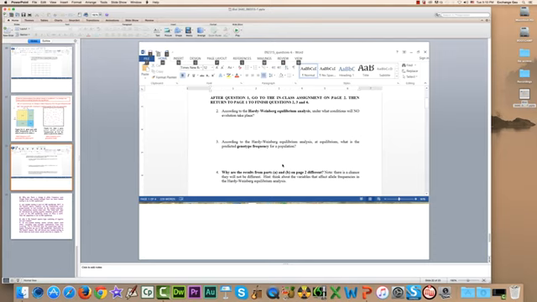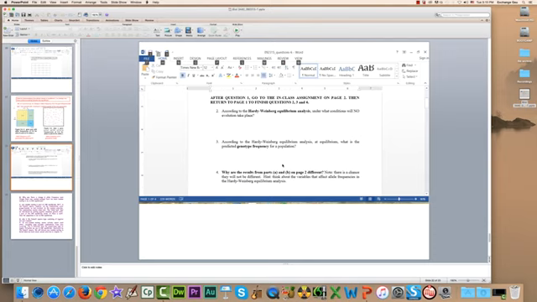So, question 2. According to the Hardy-Weinberg equilibrium analysis, under what conditions will no evolution take place? Okay, well, we're busy committing this to memory. We know we will have no evolution if there is no selection, no migration, no drift. We have no non-random mating and no mutation. When those 5 conditions are true, there is no change in the allele frequency in a population from one generation to the next, i.e. there is no evolution.